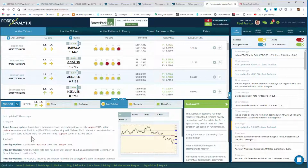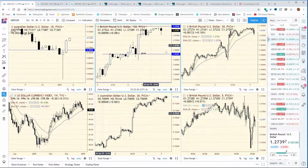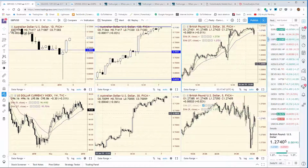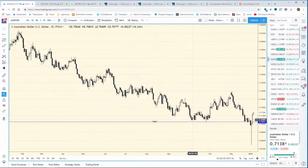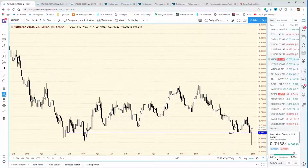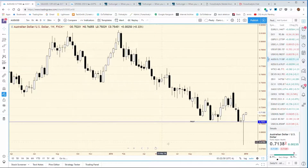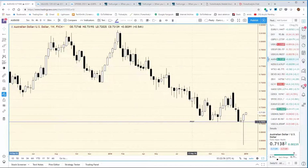Market is overstretched on a short-term basis as bears were run over on Friday. Support comes in at 70.43 on the 2-hour. So let's take a look at that Aussie. Boy, what a move we saw last week. We had talked about the importance of this 70.25 on the weekly, and we thought, before the flash crash, that the market could possibly